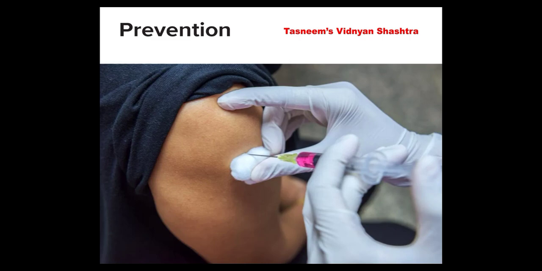In olden times, this series of shots was given in the stomach, in the belly. Near 14 shots were given in the stomach. Those who have pets have to take care of them. Whenever you are playing with pets or animals, you have to take precautions that such animals are vaccinated.